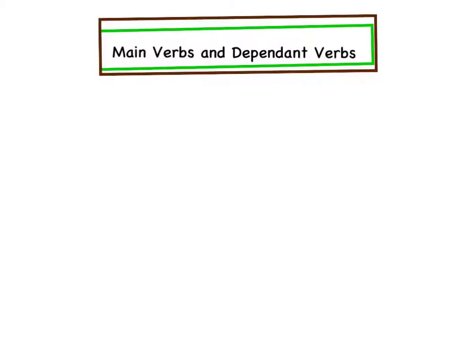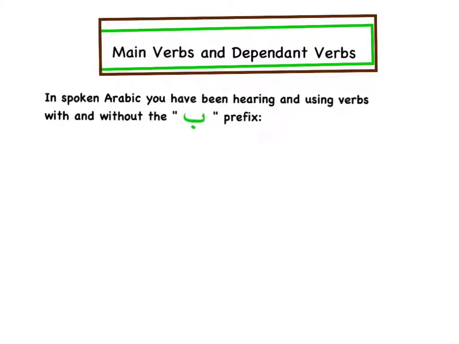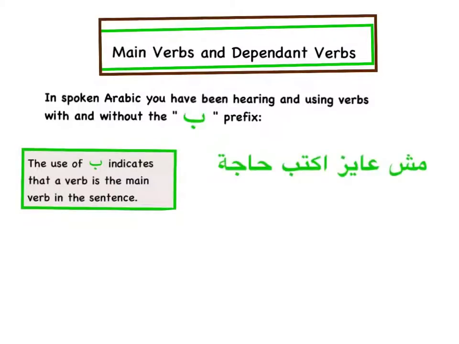So, we talked about main verbs and dependent verbs in Egyptian colloquial. Let's take a closer look. As we know, in spoken Arabic we use verbs with and without the be prefix. And as you know, the use of be indicates that the verb is the main verb in the sentence, like